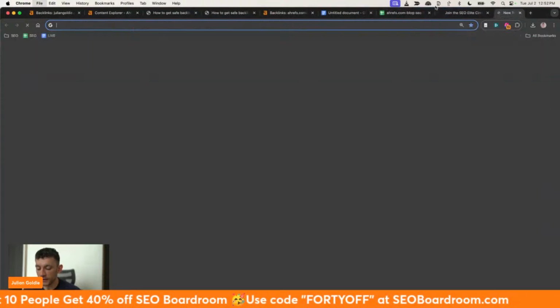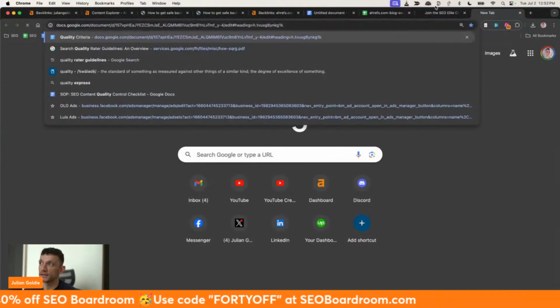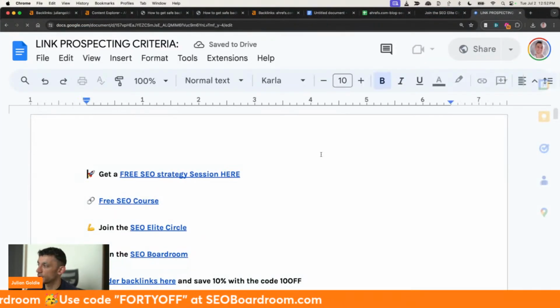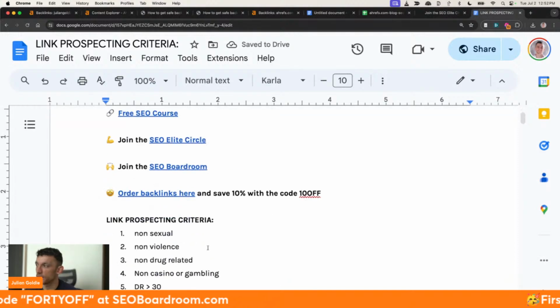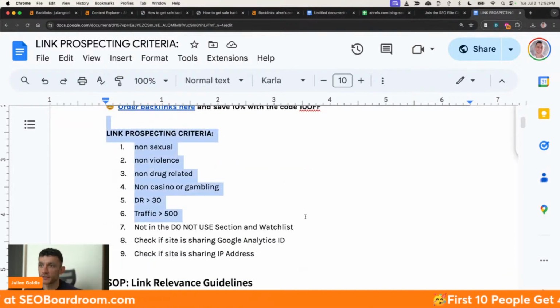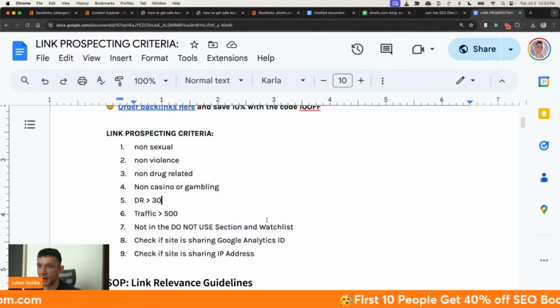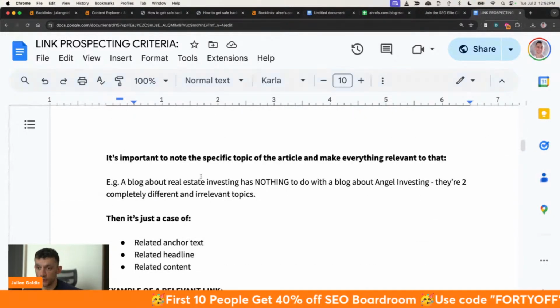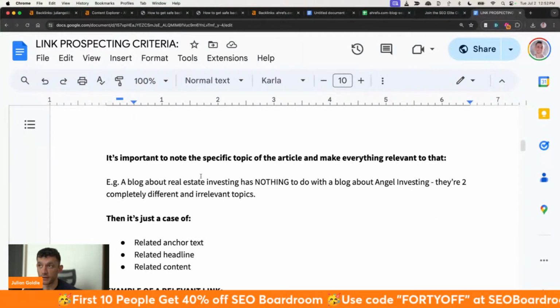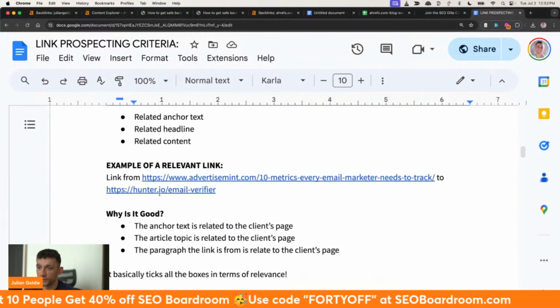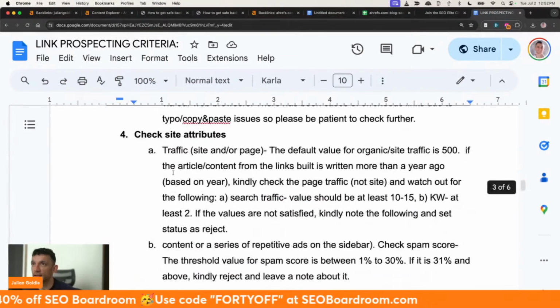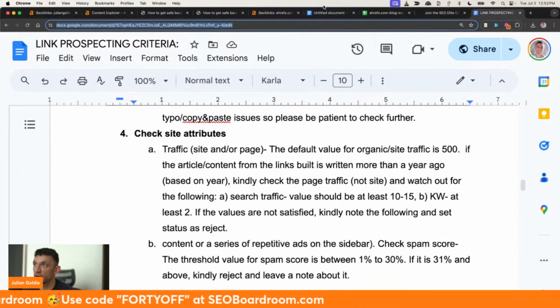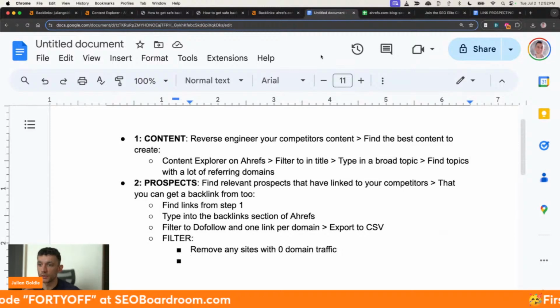Now, if you want to get really strict on the criteria of what types of backlinks you remove from your list and how you prospect them, then I've actually got this link building and prospecting criteria right here, where, step by step, we use this 50-point checklist. We run it through 3 people in the team just to double check they're the best quality backlinks. And you can use this to filter any links out that you don't find relevant. So if you want to be really strict,